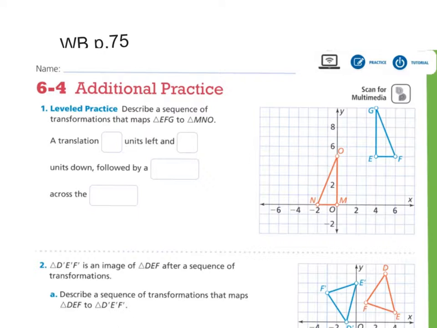So if we think about this, if we see a blank across the blank, we know that's probably going to be what? Reflection, right? Okay, so that's going to be a reflection